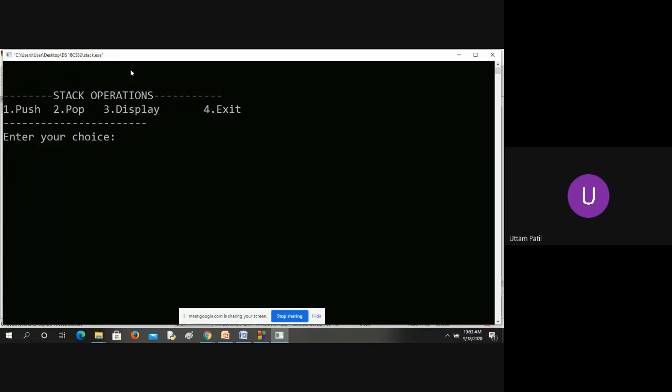Now it is not that you have to insert only once and remove only once. You will have to do it multiple times. So how do you do things multiple times? By placing that code in a loop. Each operation, the insert operation and the remove operation, you will have to put into a separate function and then go on calling that using the loop. And in the loop, how do you give options? You cannot give options directly; you will have to use a switch statement.